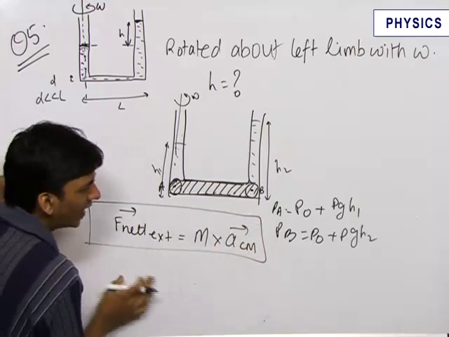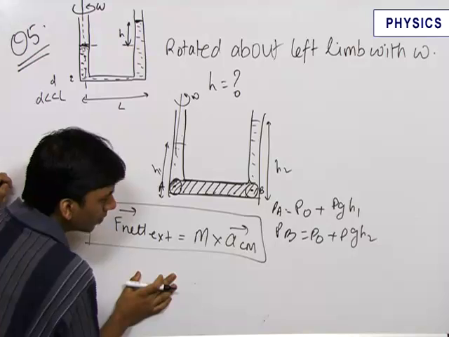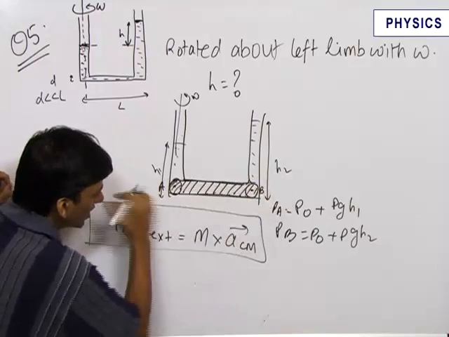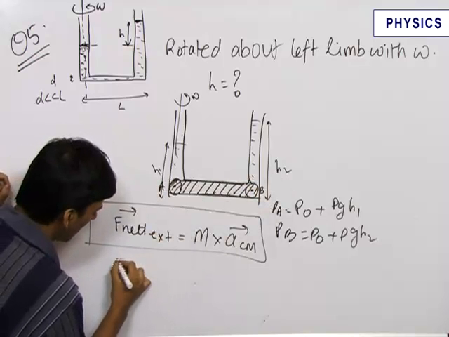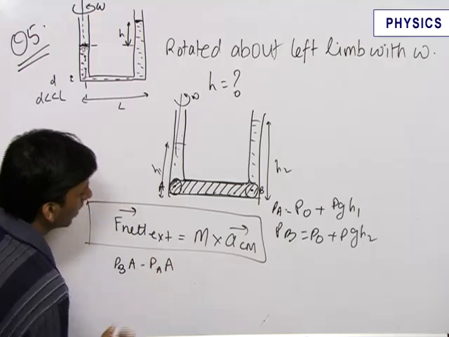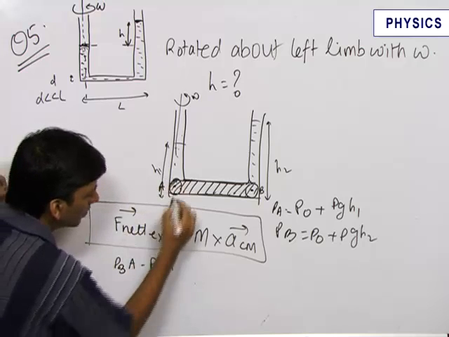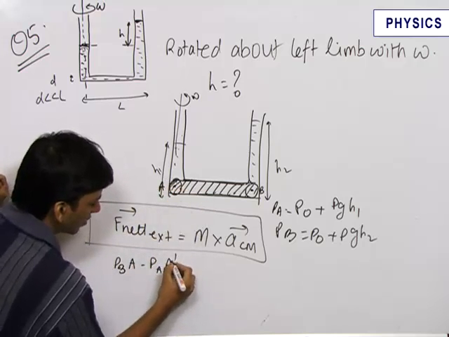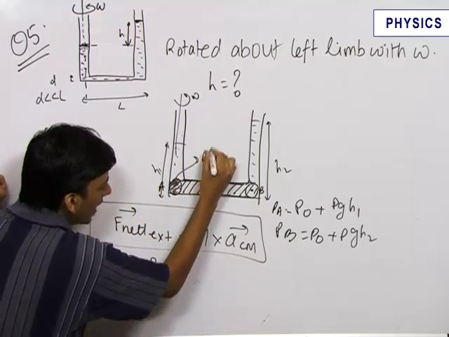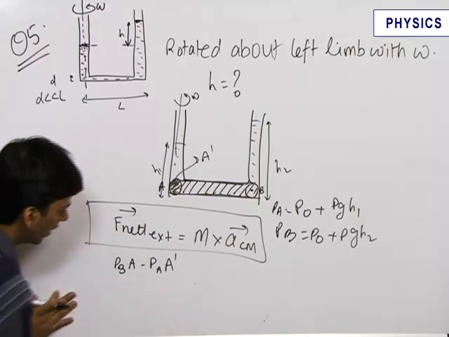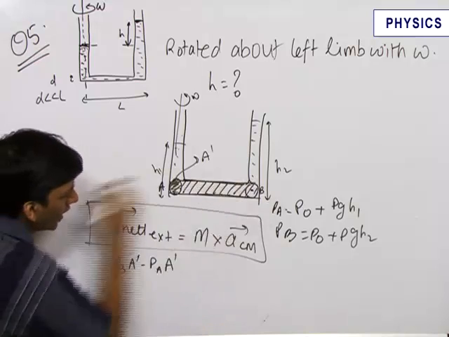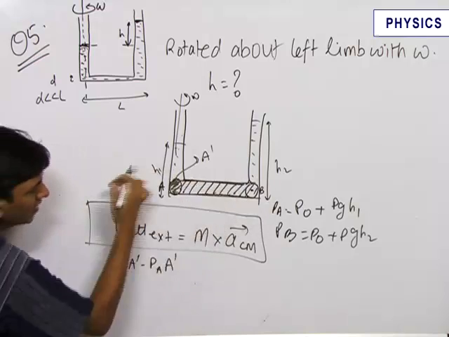Now for F net external, the pressure at point B being greater, the net force on this object in the horizontal direction can be written as PB into A minus PA into A. Let A be the area of cross section here. Let this be A dash. Therefore the area of cross section here is A dash. It will be the same A dash over here. Therefore PB into A dash minus PA into A dash is the net force acting on the object in the